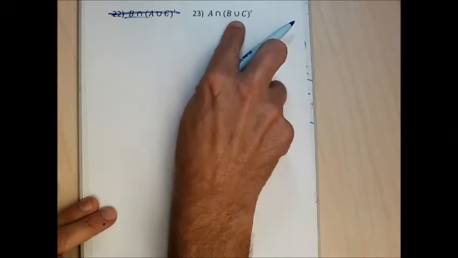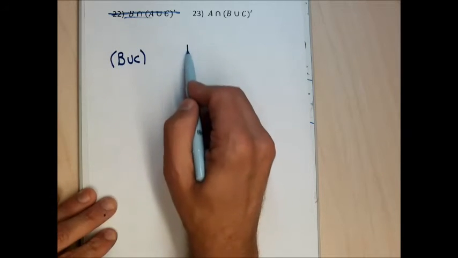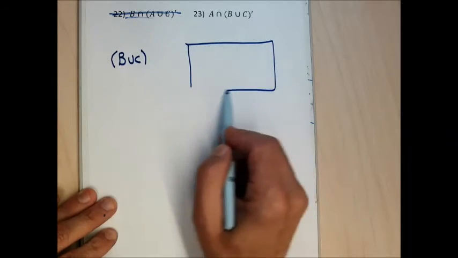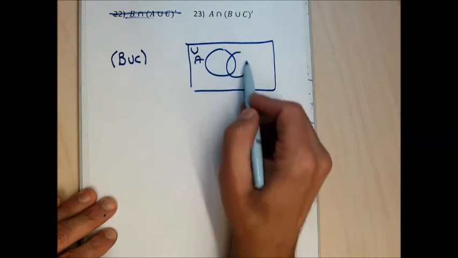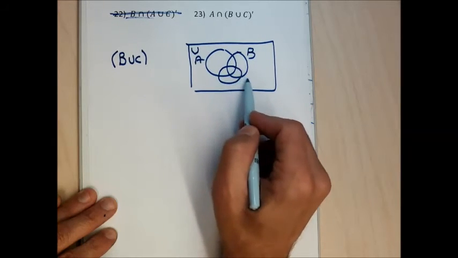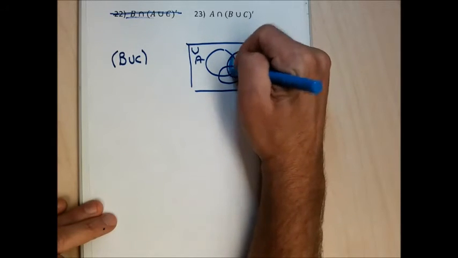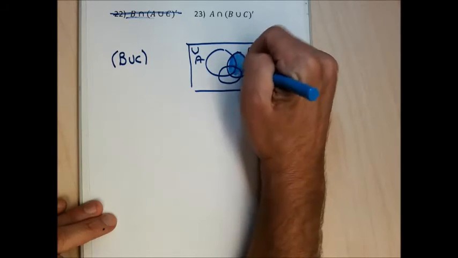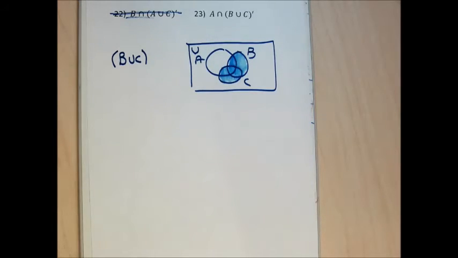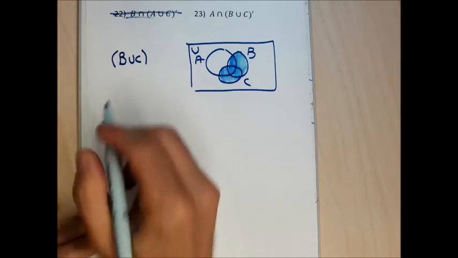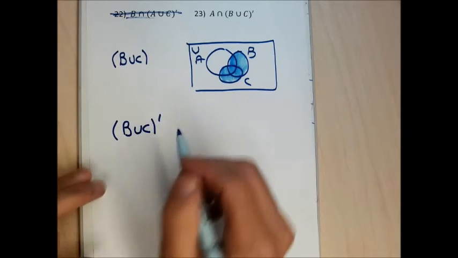So for 23, I have to do the inside of the parentheses first, which is B union C. I can easily do that with one color, because unions I do in one color. So I draw my universe, my A circle, my B circle, my C. B union C, one color, I draw in the entire B circle and the entire C circle. That's B union C. I have both the B and the C circle represented perfectly. Now I'm going to complement that, and of course to complement a set